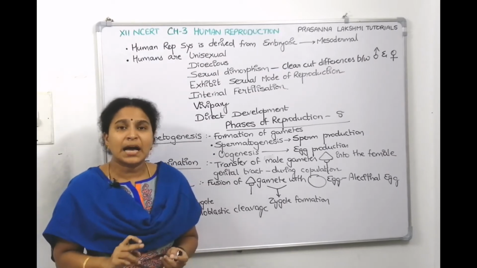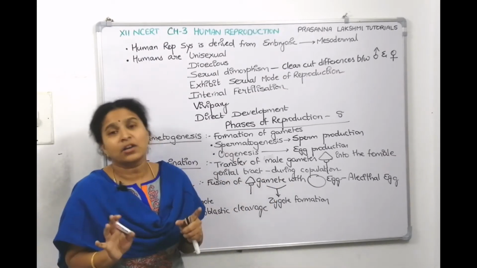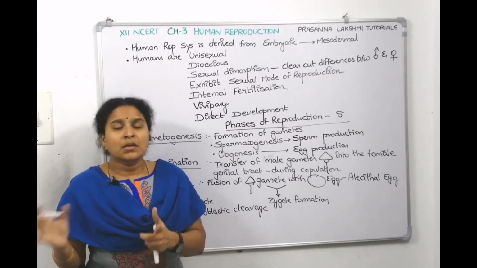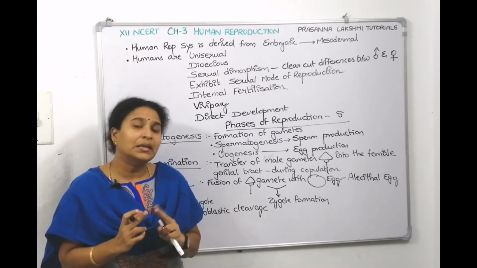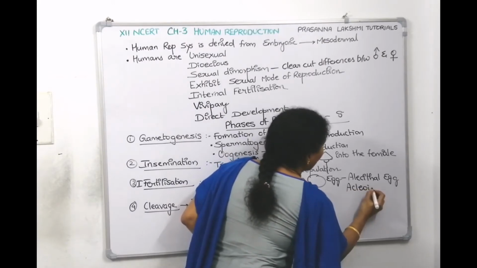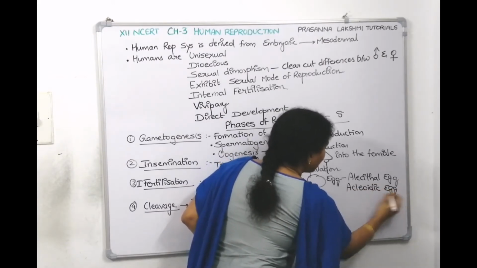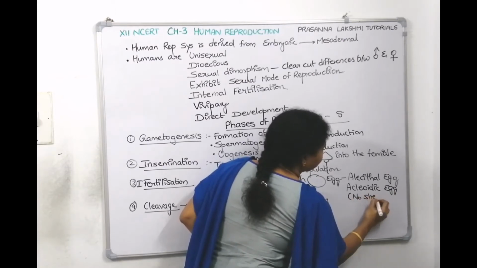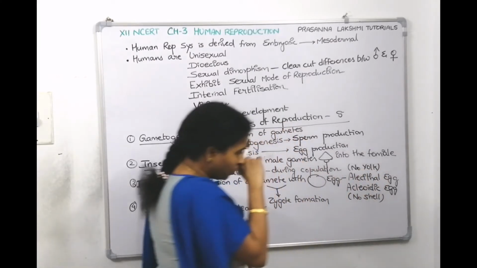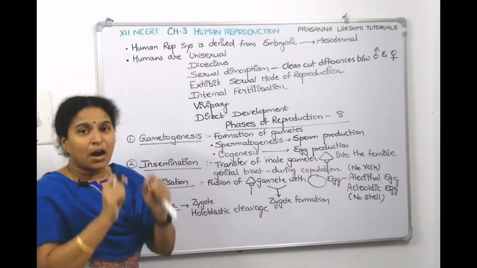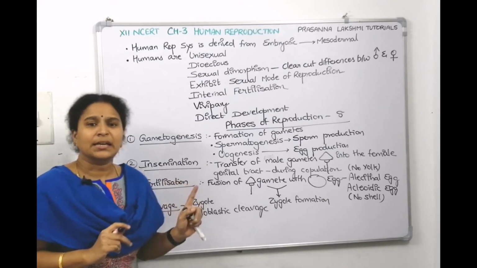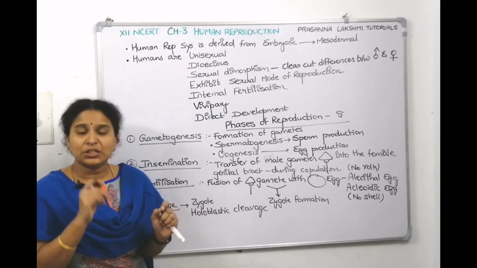And again, human eggs are alecithal I told, and they are acleidoic also. Our eggs are not covered by any calcium carbonate shells because eggs are not laid out. So there is no dehydration problem, so they don't need that external coating. So we can tell human egg is acleidoic. What do you mean by acleidoic? Means no shell. What do you mean by alecithal? No yolk. If yolk is not there, that's called alecithal egg. If the outside covering shell is not there, it's called acleidoic egg. So our cleavage is holoblastic cleavage. It starts dividing, right?